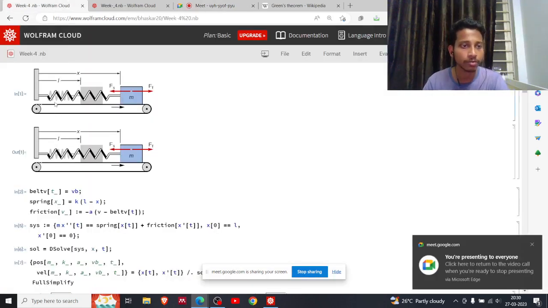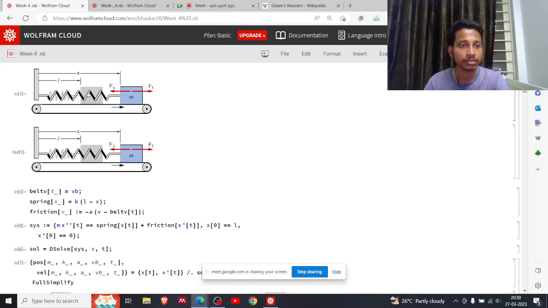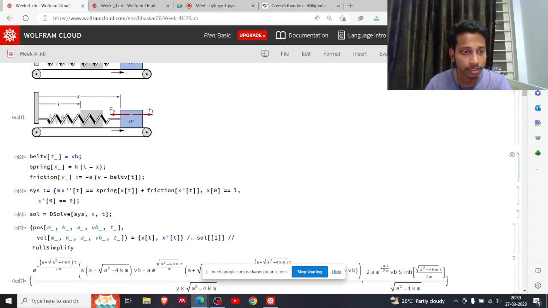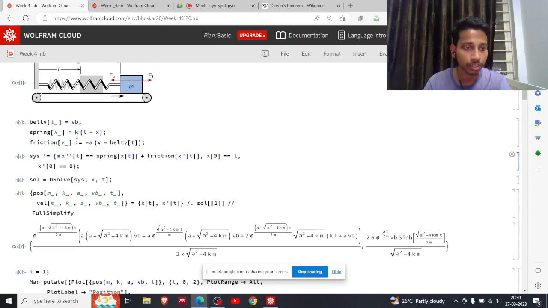so this is a problem of a mass that is on a conveyor belt, and it is connected to a spring with the wall. The velocity of the belt is Vb. The spring force is k(L minus x), and the friction is minus a times (v minus belt velocity Vb). Okay,